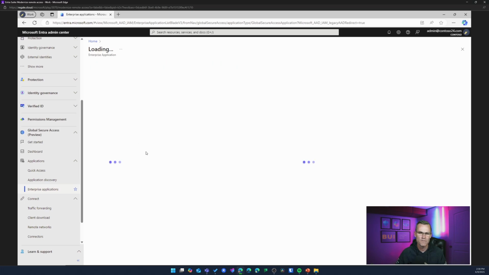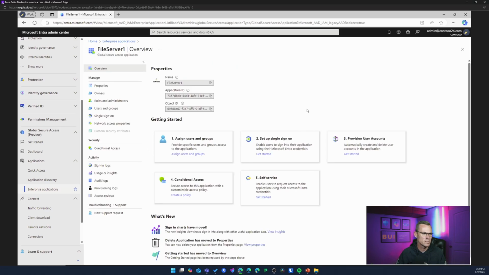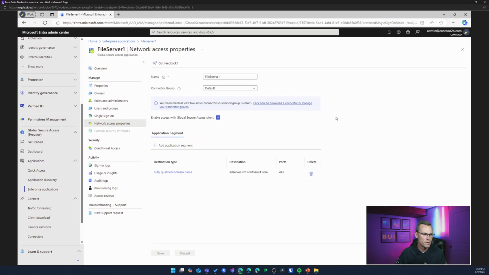So when I click on file server, we can see that there's an actual link pointing to a file share that's hosted on an on-premises server, and we can confirm the network access properties by going to Network Access Properties. We can verify here that there are some segments already configured that include a fully qualified domain name, IP address or port number, everything that we're going to need to point internally, and that will be exposed over Global Secure Access.